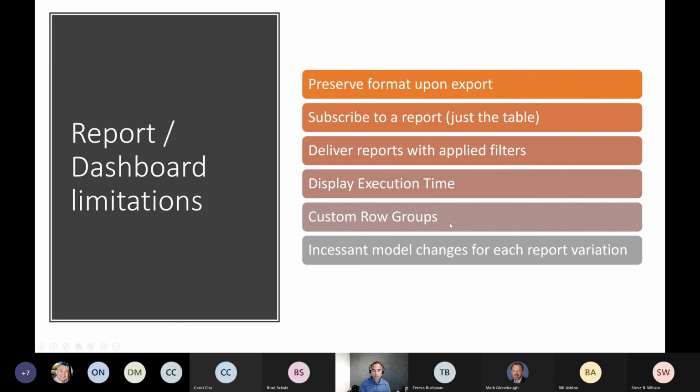Custom row groups. If any of you have ever had to do a P&L report, or any kind of report that has some kind of hierarchy, in real estate, sometimes, you've got regions and you want to show sales by region. Well, this year they want west, north, east, south, right? Next year they want southeast, northwest, east, this and that, and maybe even intra-quarter or intra-month, they want row group